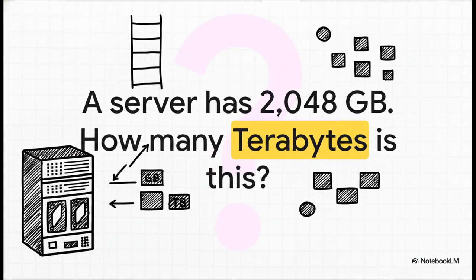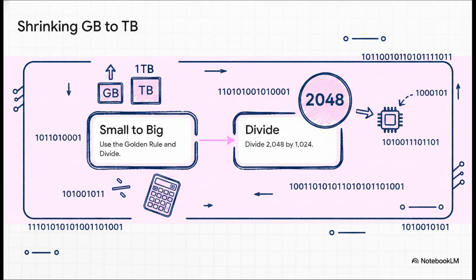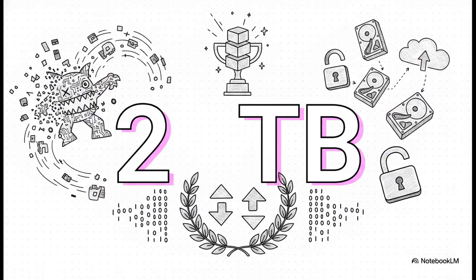Let's put this golden rule to the ultimate test against our boss level challenge. Imagine a massive network server packed with 2,048 gigabytes of files. If we want to state that massive size in terabytes, how exactly do we step up the ladder? Well, think about our rule. We're moving from a smaller unit, gigabytes, up to a larger unit, terabytes. And stepping up means we divide. So we take that 2,048 and we divide it by our magic constant, 1,024, which leaves us with exactly 2